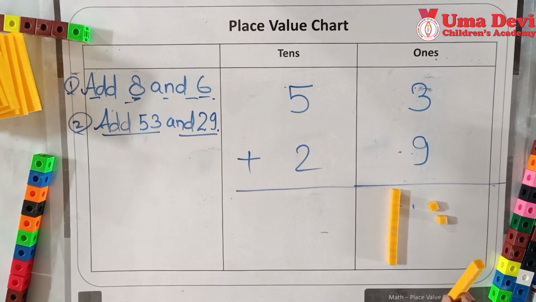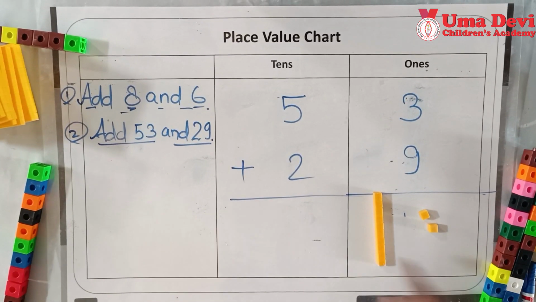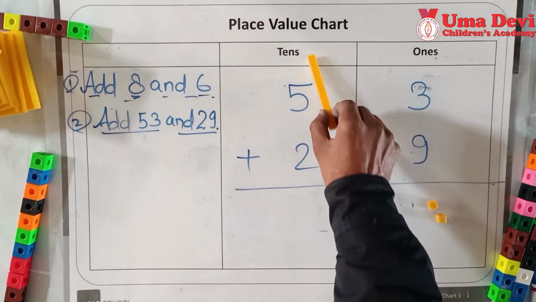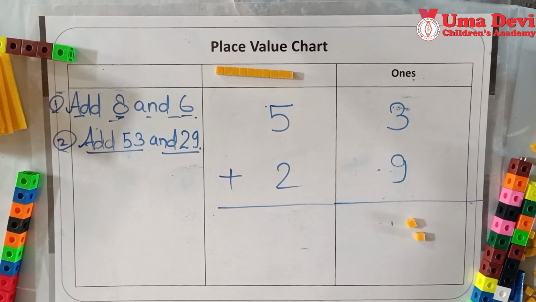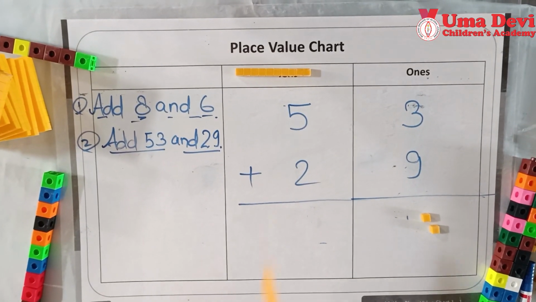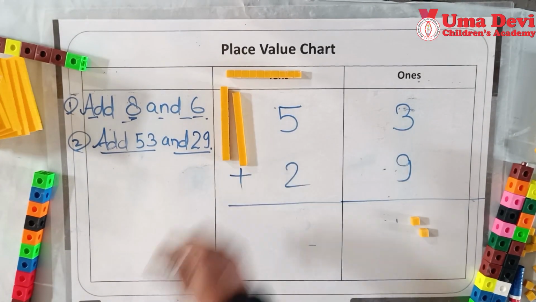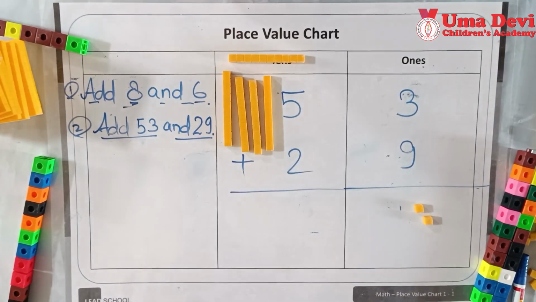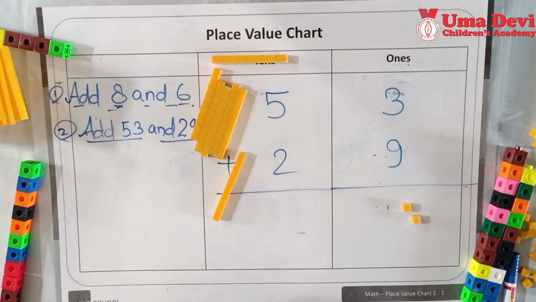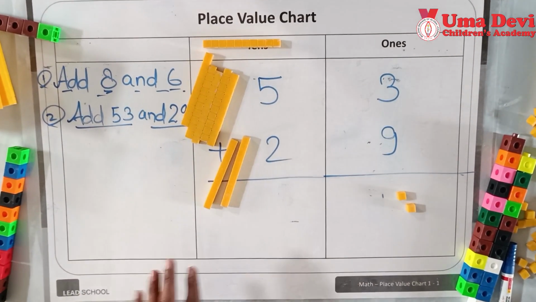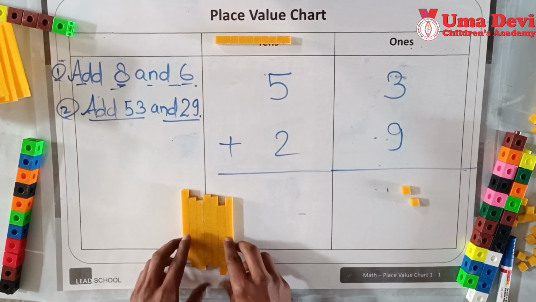So we can replace these with this tens block. Yes, we can. So where is the home of the tens block? The tens block home is this. It will come this side. Okay, now move next. For this 5 we will put 5 tens blocks, 1, 2, 3, 4 and 5, correct. For this 2 we will put 2 tens blocks. Now as we have to add these numbers, we will put all these tens blocks here.